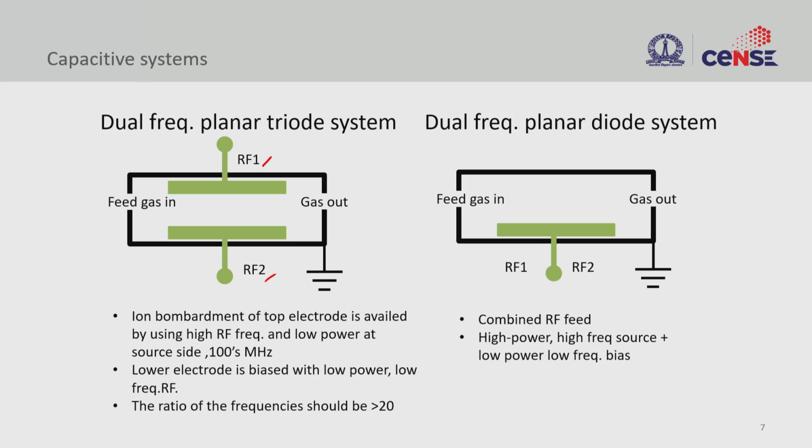Here the ion bombardment that we saw for the top electrode is avoided by using a higher frequency and lower power, so that you can reduce the ions bombarding the surface, and this is how you could protect the surface from sputtering. And the lower electrode is kept at lower frequency, and this is where you keep the wafer and so on,